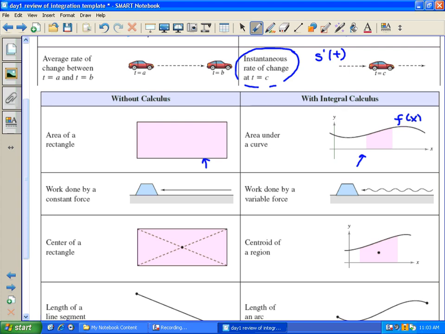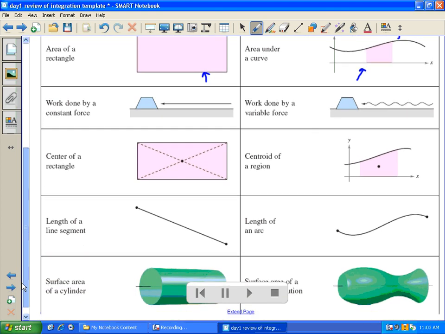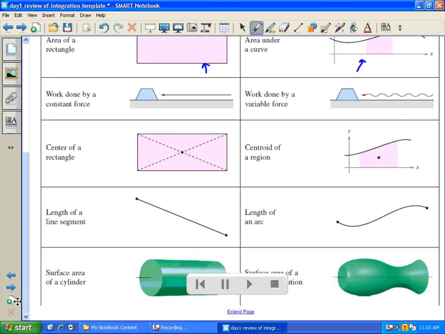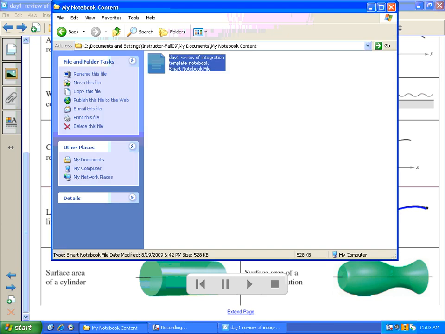Other examples that we're going to be able to do in this chapter are going to be, for example, finding the arc length of a curve. The arc length of a line, we know how to do from even algebra, but in calculus, basically, we're going from linear structures to nonlinear structures. For example, the surface area